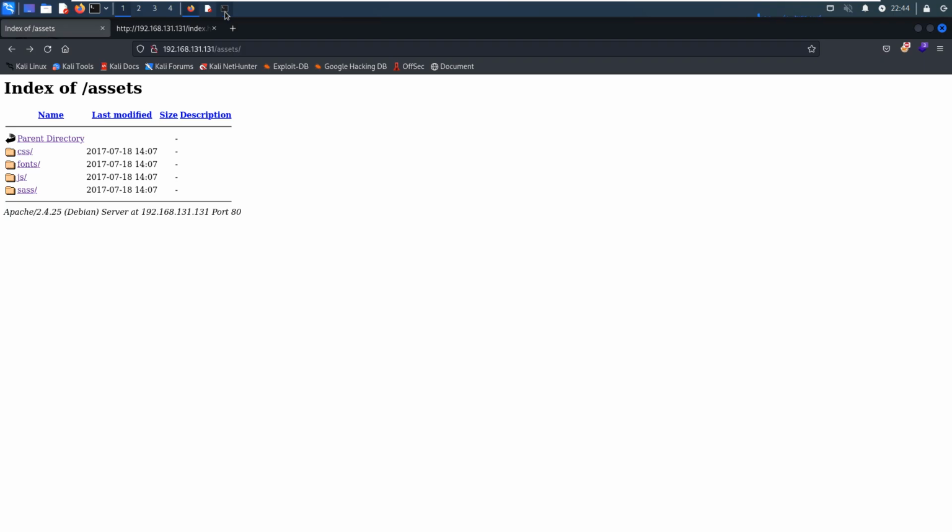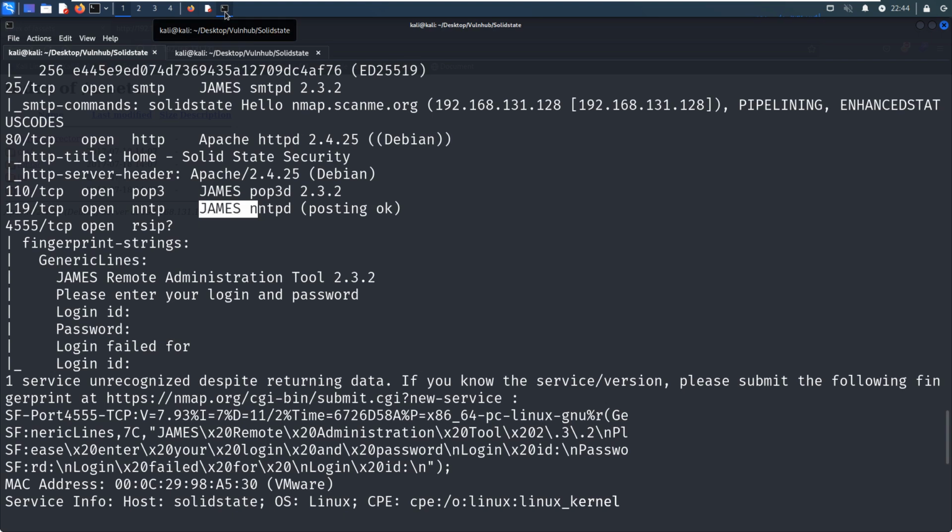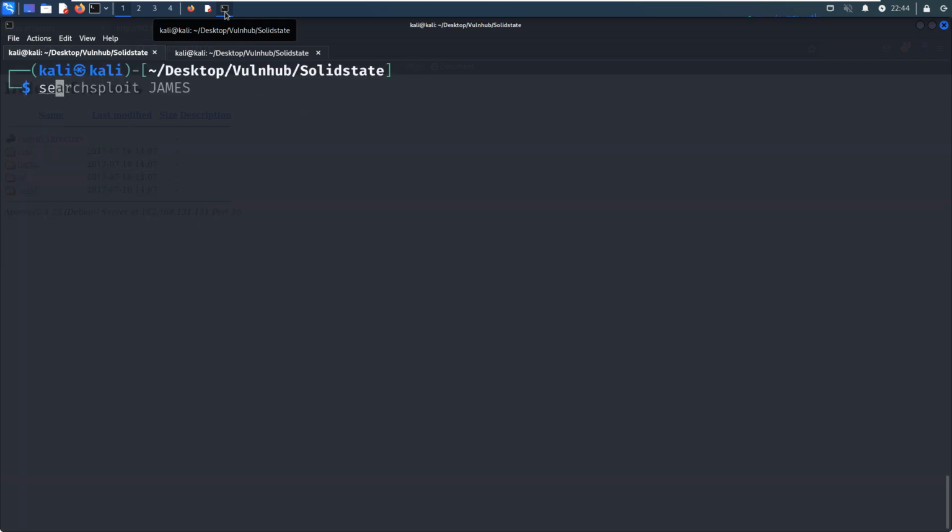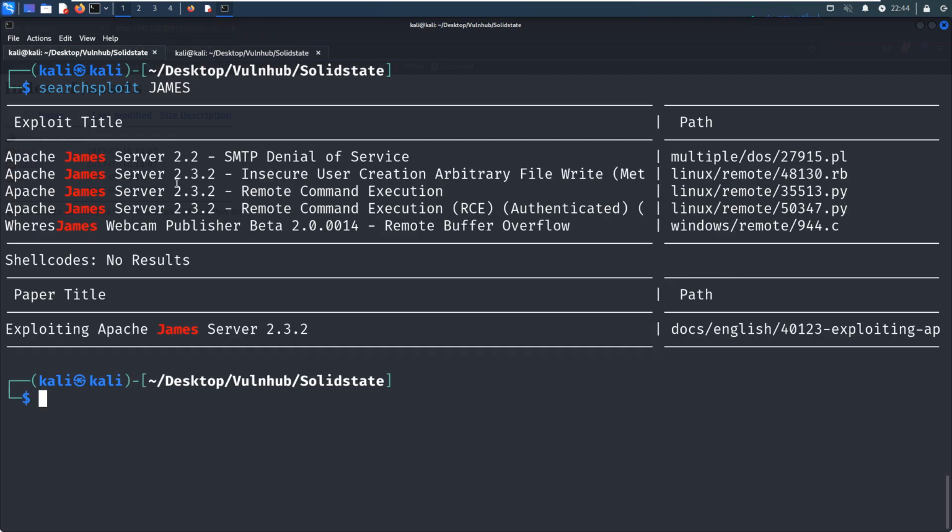Okay, so now we can use the searchsploit utility followed by the keyword gems. And indeed, from the version, this GEMS server is vulnerable. There is some Python script, and also there is a Metasploit module.